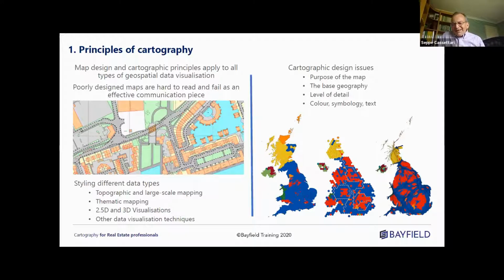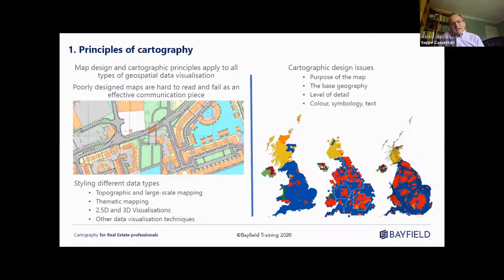You've got to remember that it's hard to show a large area in great detail if the image is small on a screen or even within a report. You need to think about how the audience accesses the information and the message that you want to get across. And they've got to do that quickly and accurately. You don't spend very long looking at a map. You take away a message very quickly. So these things you've got to consider: the purpose of the map, what the key messages are, and how you're trying to communicate. What's the key takeaway? That's number one.